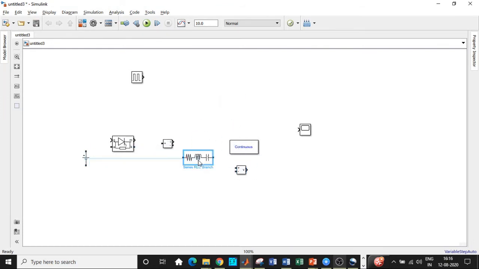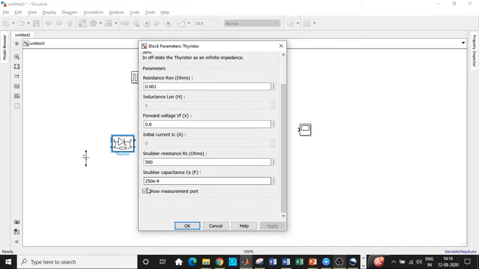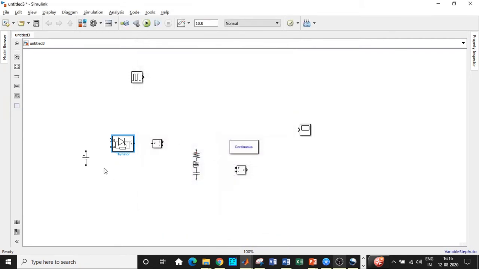So the load is connected in this particular fashion. That is, you'll be rotating the load, and we'll be connecting it over here. One of the most important things is to double click on the thyristor and disable the measurement block, because we're not using them. So we'll be connecting the circuit according to the connections shown in the slides. So you would be enclosing the circuit in this particular fashion. Once this is done, we will be connecting the voltmeter across the thyristor, just to check the voltage appearing across the thyristor block when it is conducting and when it is turned off.